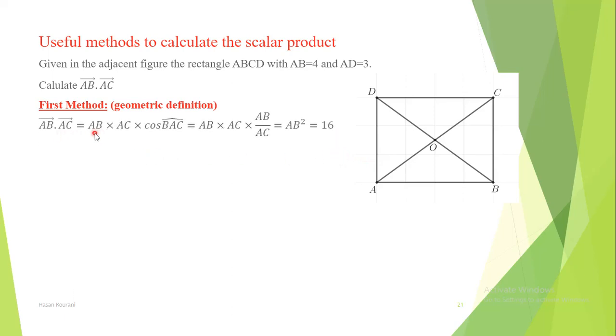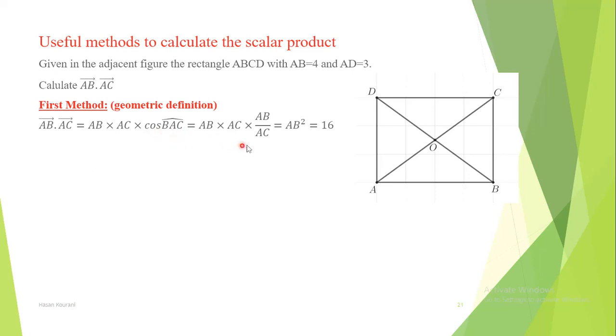AB.AC, directly from the geometric definition, equals AB times AC times cosine BAC. Be careful about choosing the letters for the angle. It's AB.AC, they have the same origin. As we saw in the first video, the geometric angle will be this angle, BAC. AB times AC. Although we don't have the angle, we can use, as you know from grade 9, the trigonometric ratio,